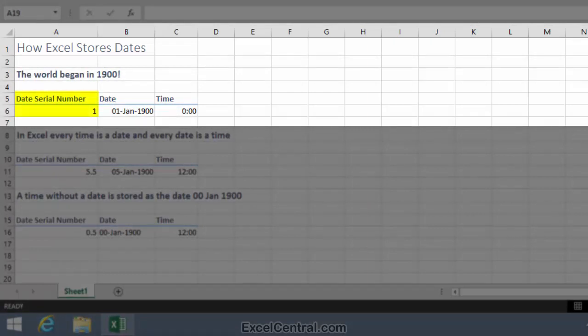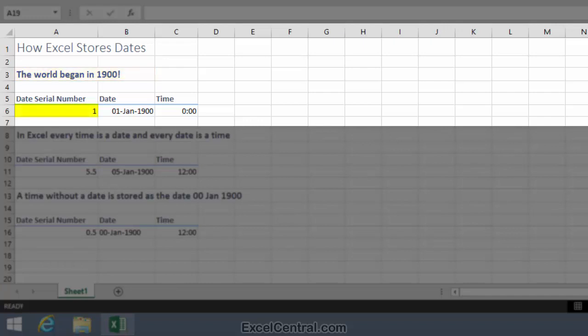Dates are stored as simple numbers called date serial numbers. The serial number contains the number of days that have elapsed since the 1st of January 1900, where the 1st of January 1900 is day 1. An interesting shortcoming of Excel is its inability to easily work with dates before 1900. Excel simply doesn't acknowledge that there were any dates before 1900. So if you work with older dates, you'll have to work around this limitation.